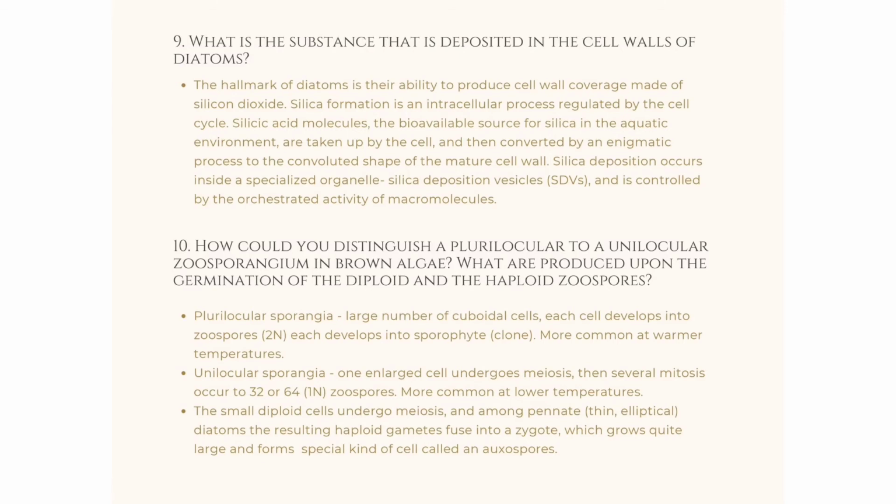Plurilocular sporangia have a large number of cuboidal cells. Each cell develops into a zoospore, which develops into a sporophyte, and is more common at warmer temperatures. Unilocular sporangia have one enlarged cell that undergoes meiosis, then several mitoses occur to produce 32 or 64 zoospores, more common at lower